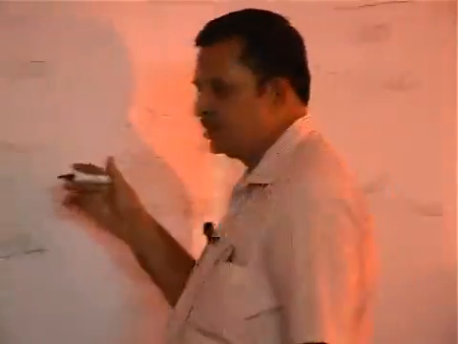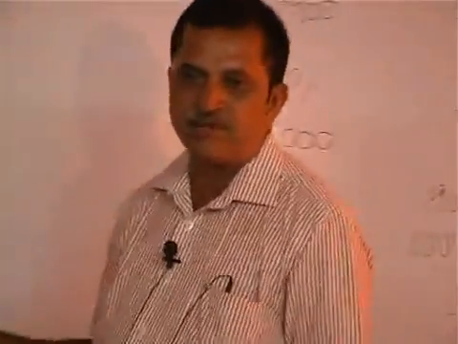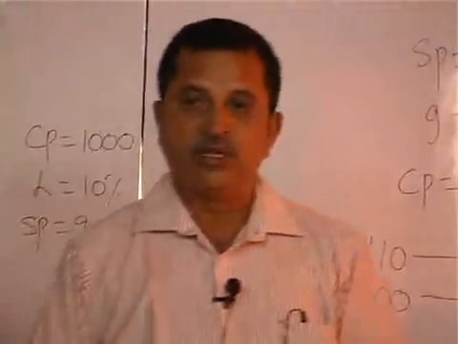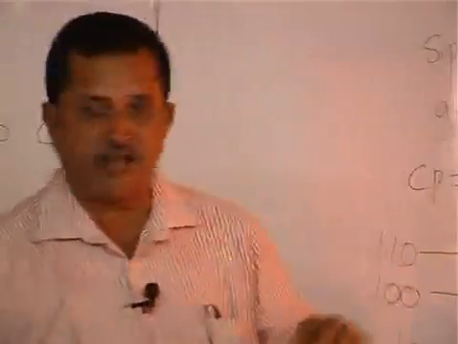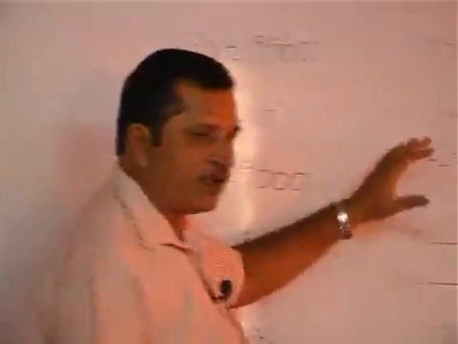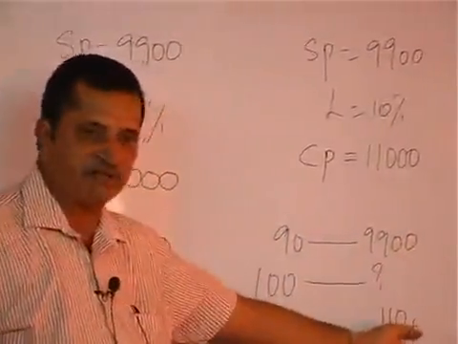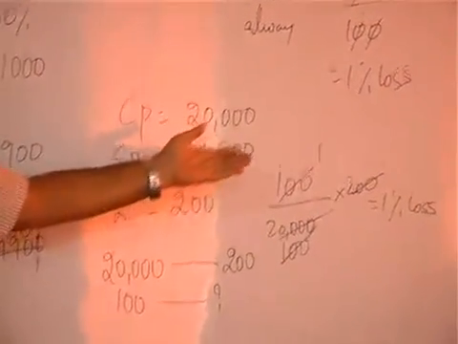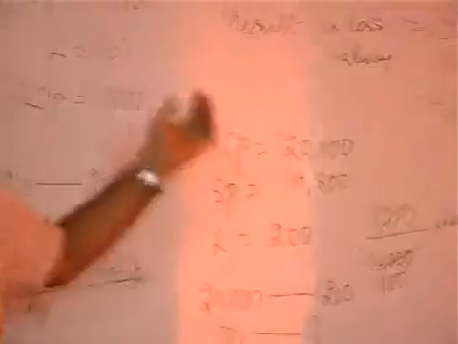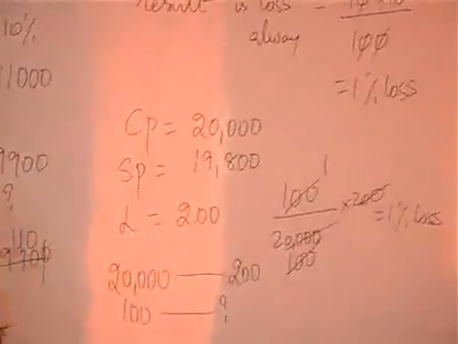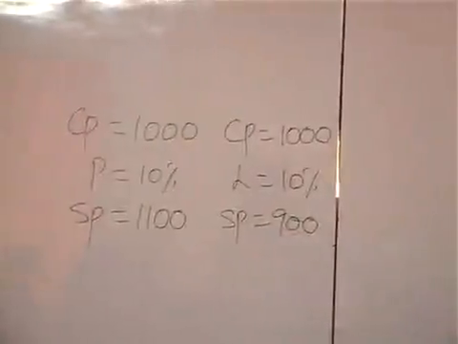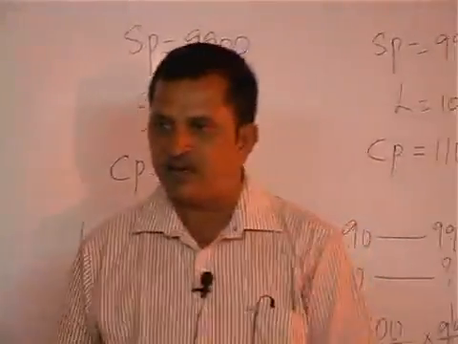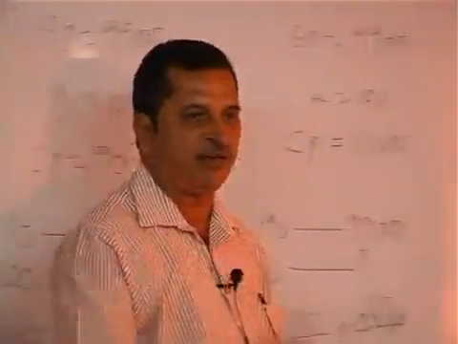So why I told this is the shortcut method, we have not taken a formula. If the selling prices are different or gain and loss percents are different, take it in this way. If selling prices are same and gain and loss percents are same, directly loss. In case of cost price, no loss, no gain. Now you understood how we are taking by 100. Very simple to follow profit, loss and discount. Next problem.